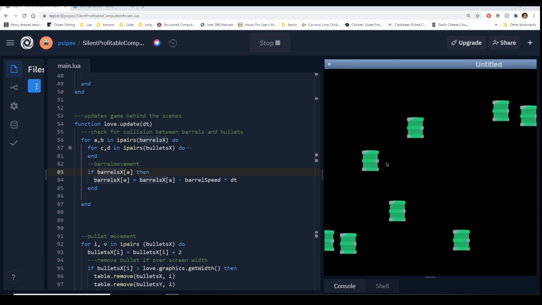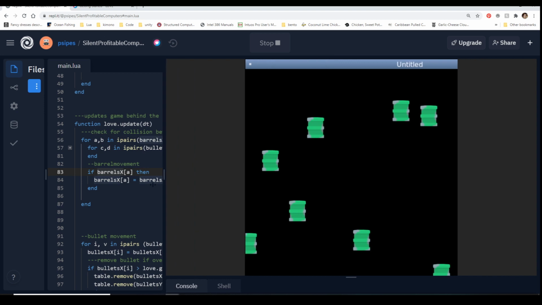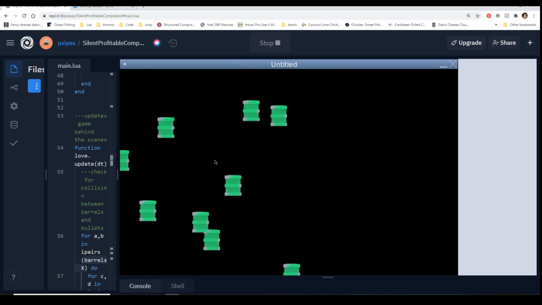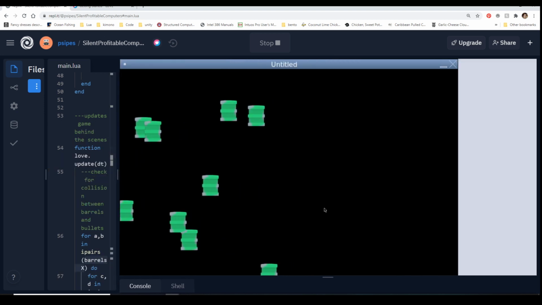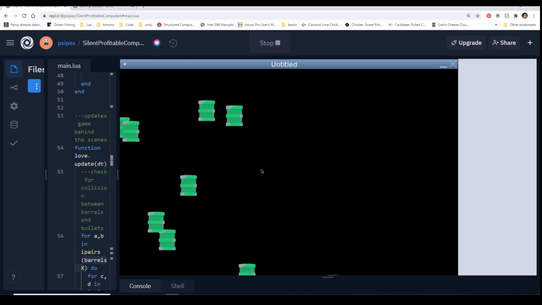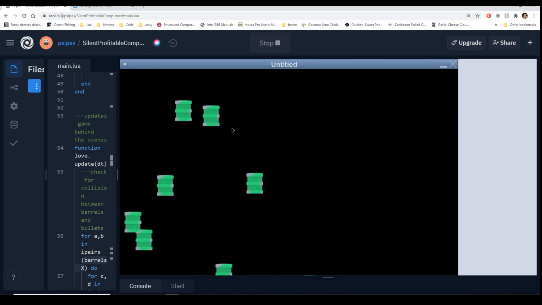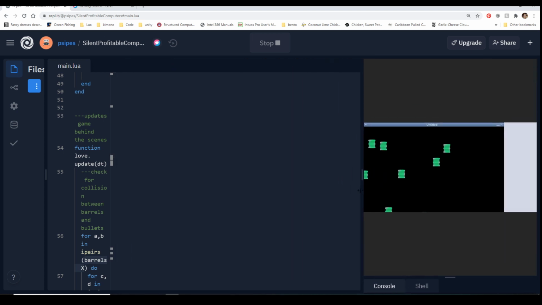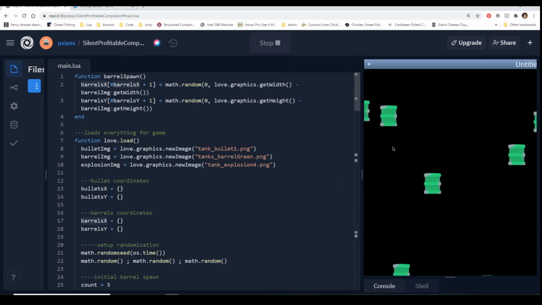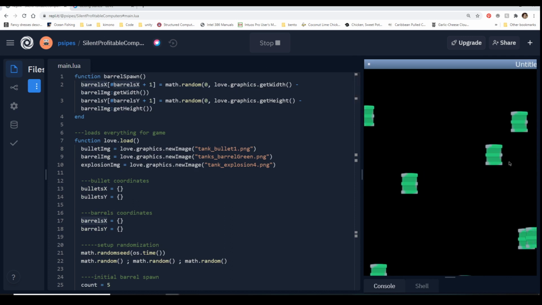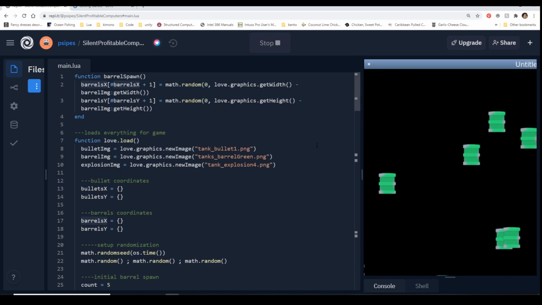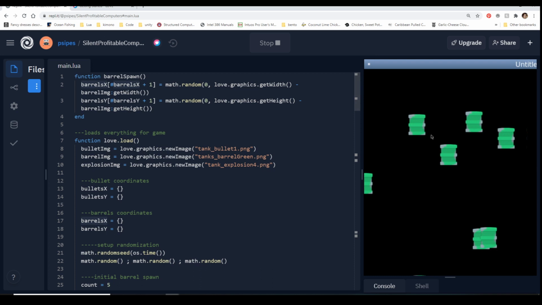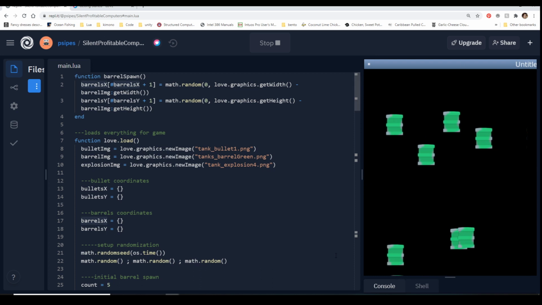But one of the things that's kind of weird here is that we have these barrels that are randomly popping up in the center of places, right? They're always spawning in kind of weird spots, like suddenly appearing out of nowhere. And the reality is, if we were on kind of a runner situation, it would be coming off of that right side of the screen, and it would always be going off. It wouldn't be appearing randomly.